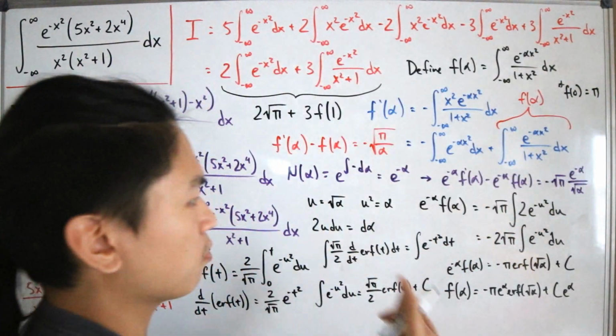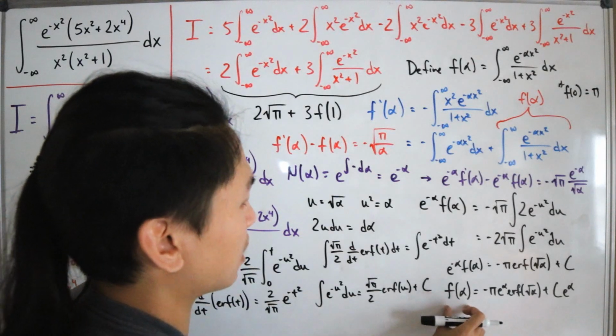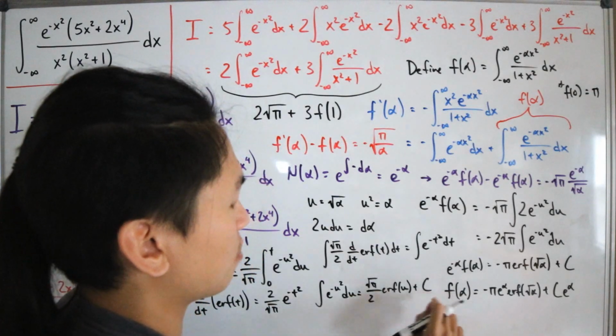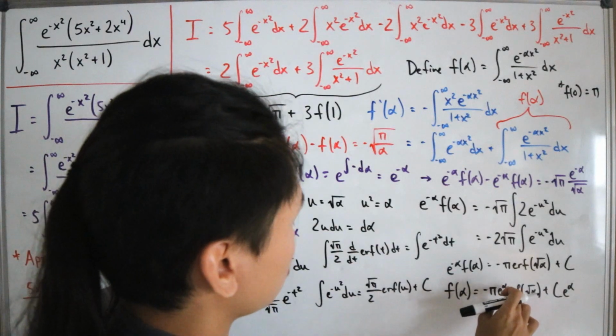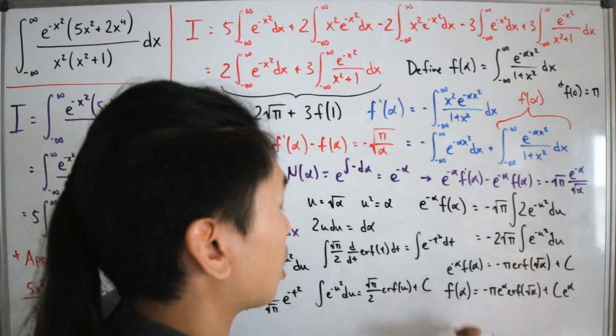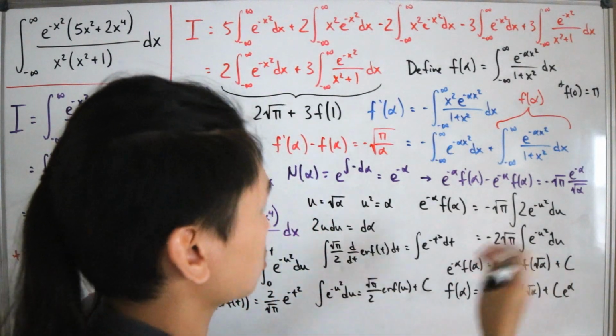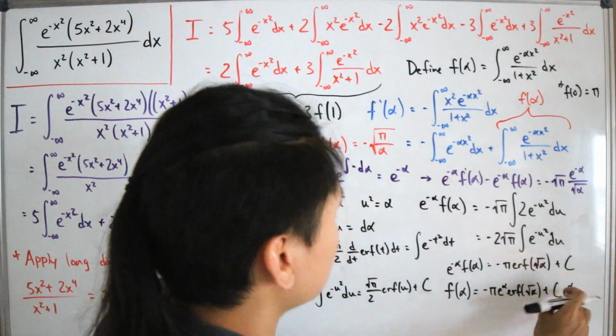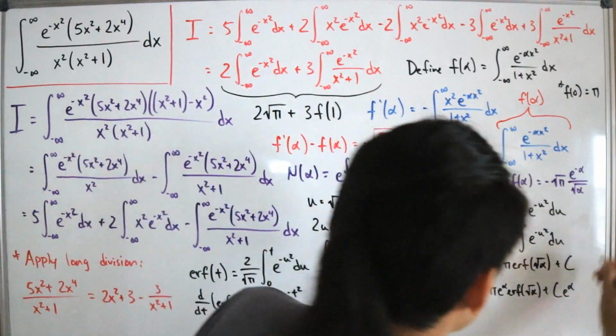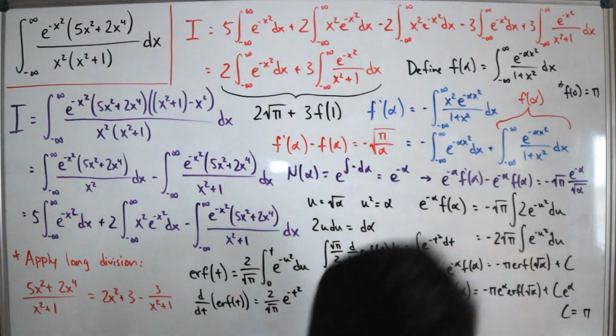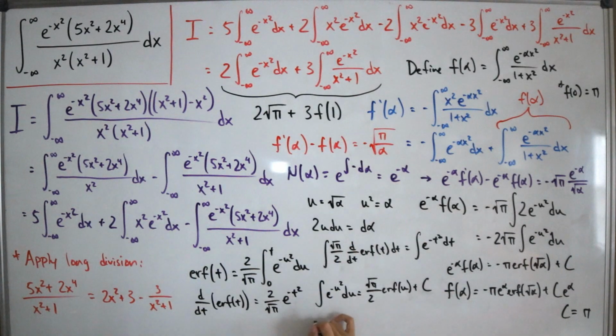just pi. So if I were to set this up and plug this back in, if I plug in 0 for alpha, that means pi is on the left-hand side. If I plug in 0 over here, this is going to be 1. And if I plug in 0, the error function of 0 is actually just going to equal 0, so that vanishes. So over here, e to the 0 is 1, so all that's left is that c is equal to pi. And so let's plug all this back in. So now f of alpha is going to equal just negative pi, then e to the power alpha, then the error function of square root of alpha, and then add this with pi times e